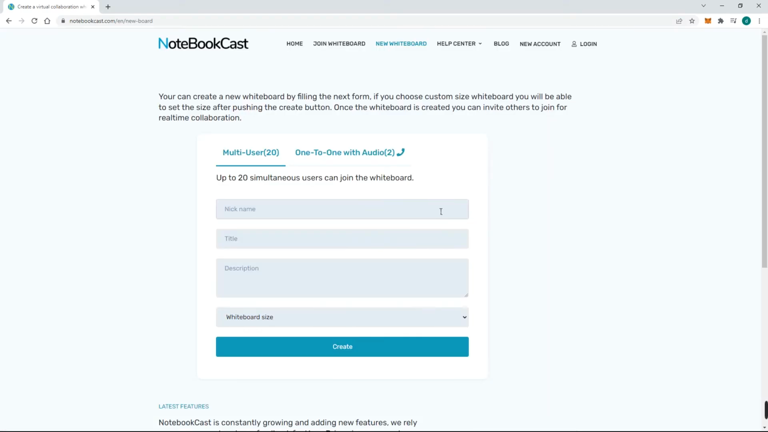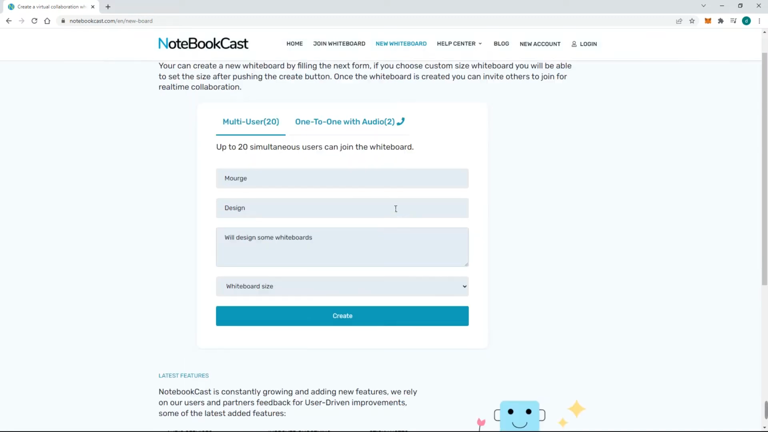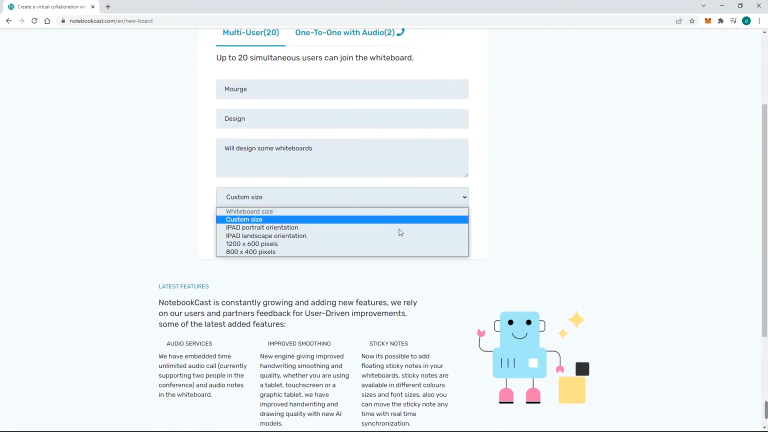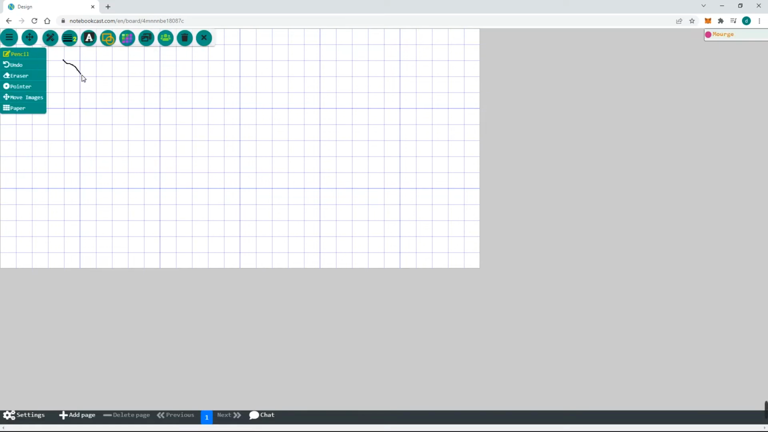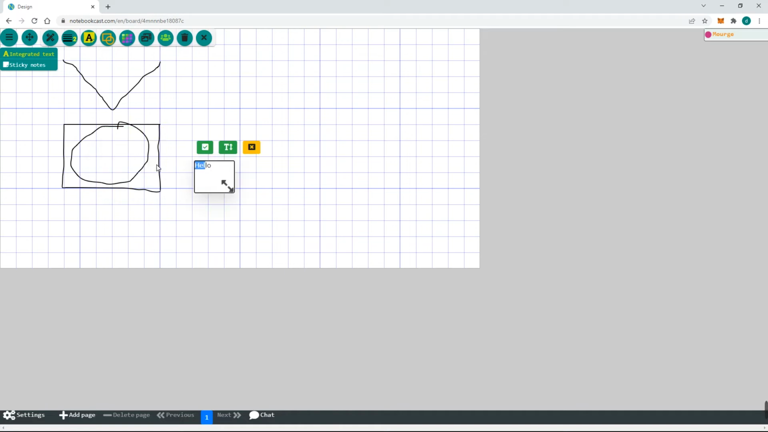If you're looking for another interactive whiteboard for online teaching, then choose NoteBookCast. There are numerous whiteboard templates that you can use to teach, sketch, explain, chat, and brainstorm. Plus, you can make your distance learning fun with its integrated tools such as adding shapes, drawing, embedded texts, sticky